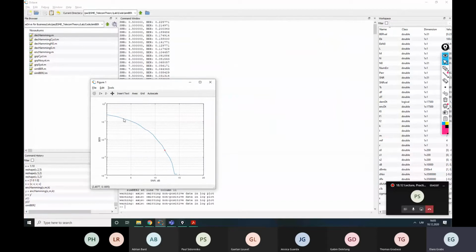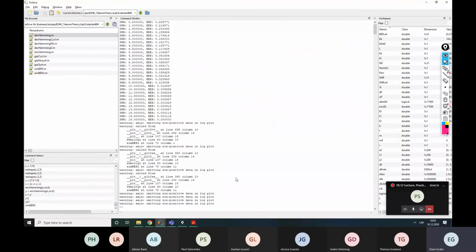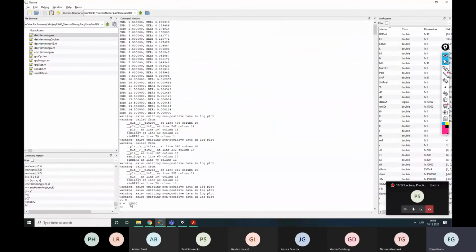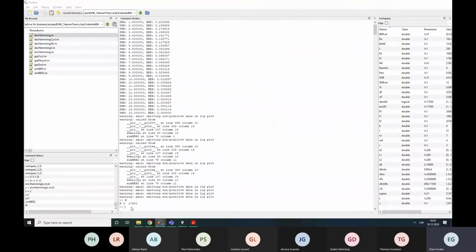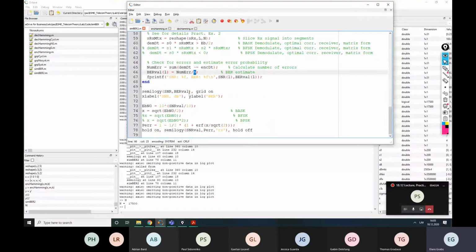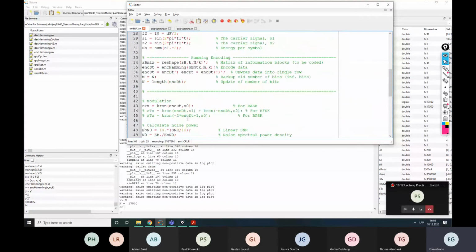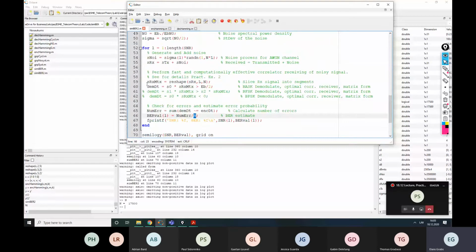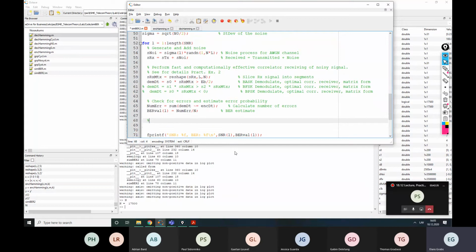The only thing is that this curve became a little bit more smooth, basically because our n now is not 10,000, it is 17,500, which is more data, right? Which is basically because of the error correction symbols, which we added during the coding. Now, here, we perform demodulation as before, and then actually, here, we are going to add Hamming decoding. And again, compare results